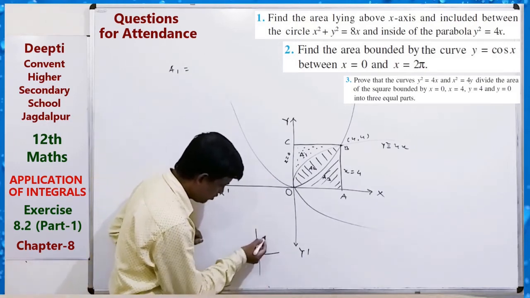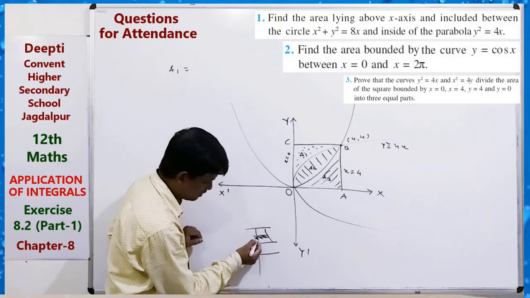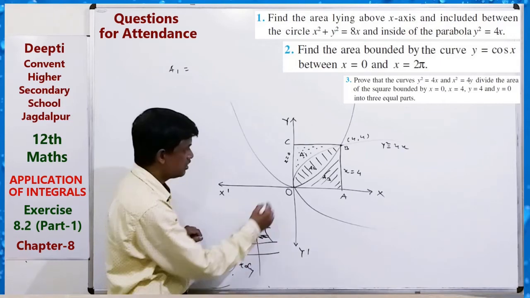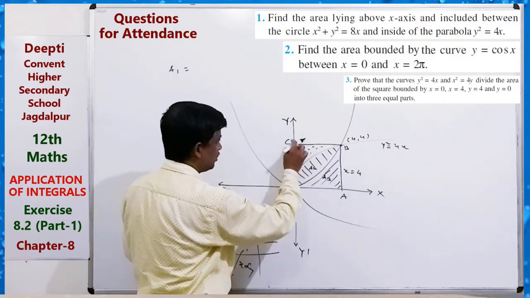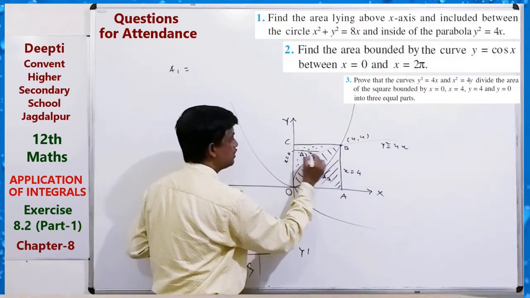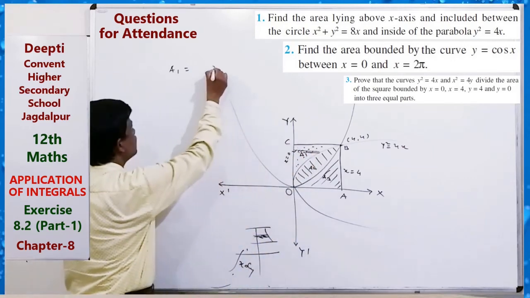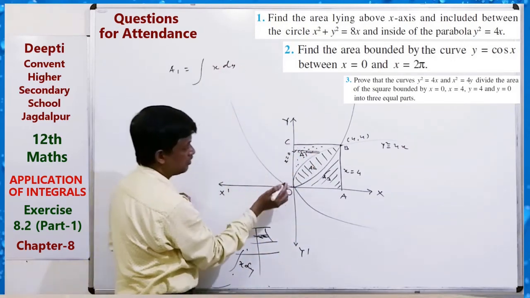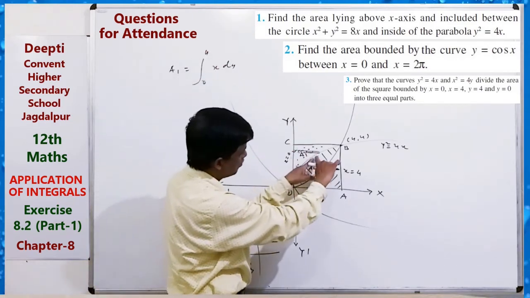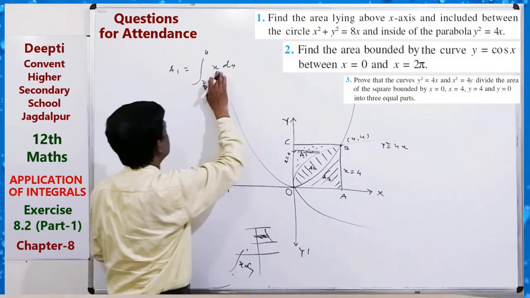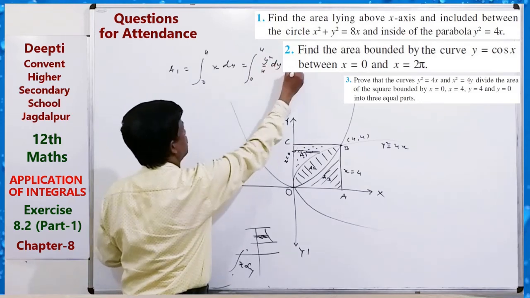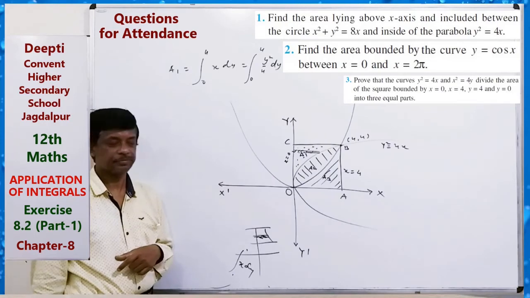By the x dy formula. We know the formula. By taking a strip like this, x dy, integrate with y limits. If we take OBC, this area, then we can take a strip like this, x dy, and limit from here to here, that is 0 to 4, x dy, where x is from this curve, y square by 4. So integral 0 to 4 of y square by 4 dy. You can solve it. Clear?